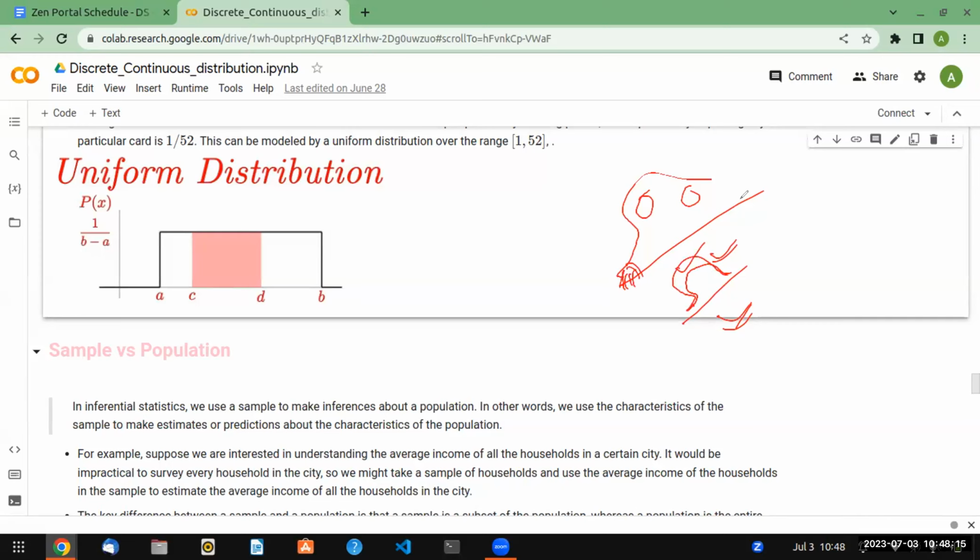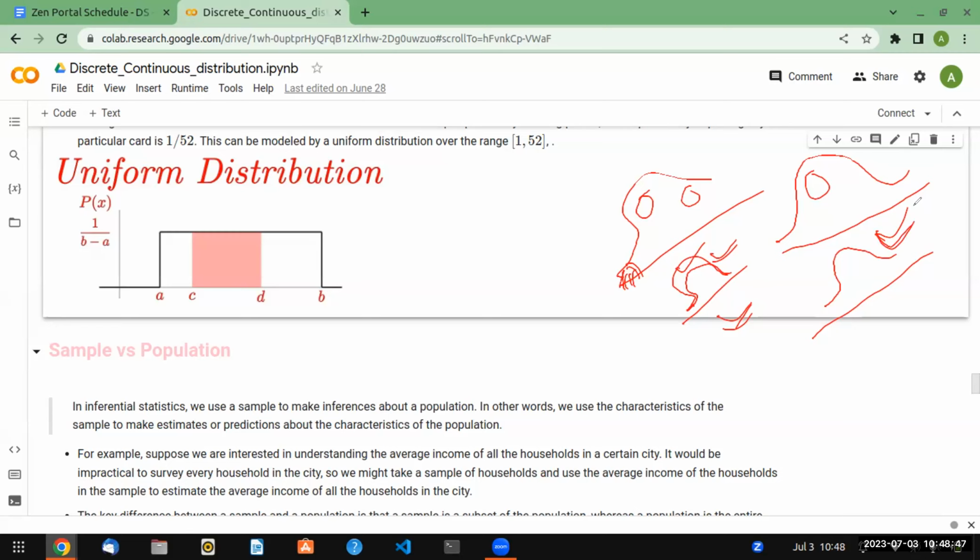So I have to make sure, if I am talking about the tiger here, the cat also should look like a tiger. I can't create another animal and say, okay, these are too similar. No, the sample should look like that. So if you are taking samples from the population data, you need to make sure it follows the same distribution, and if you plot it, it will also look something like this.